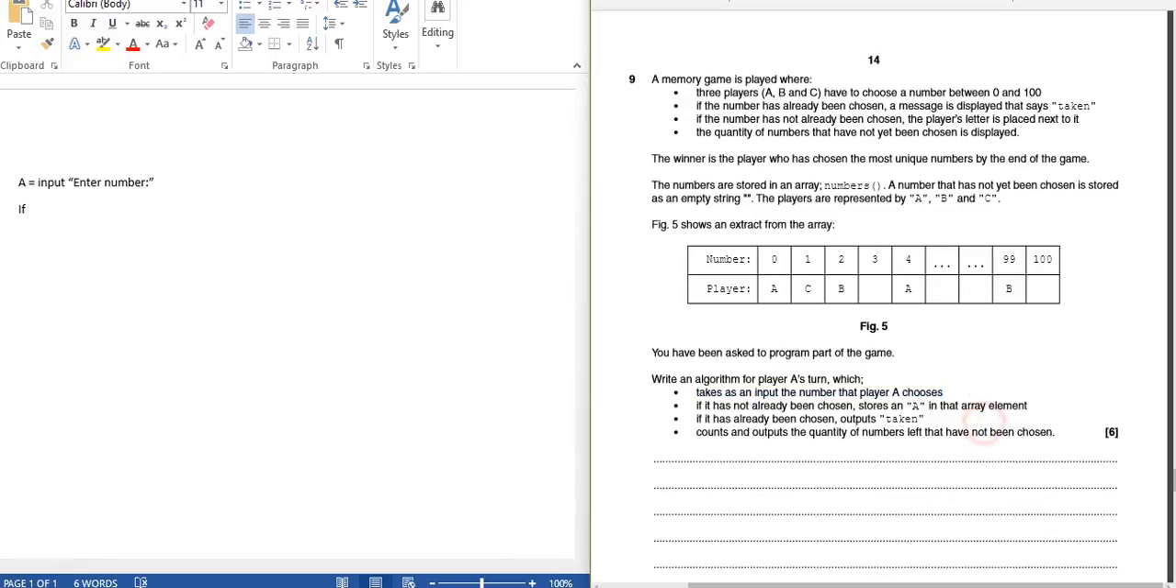First, we've tackled this bullet point, that should get you a mark. Now we're going to tackle this one. If it has not already been chosen, stores an A. So if number, we'll do if A is null, which means that if the value inputted by player A is a number that has not been assigned a player,